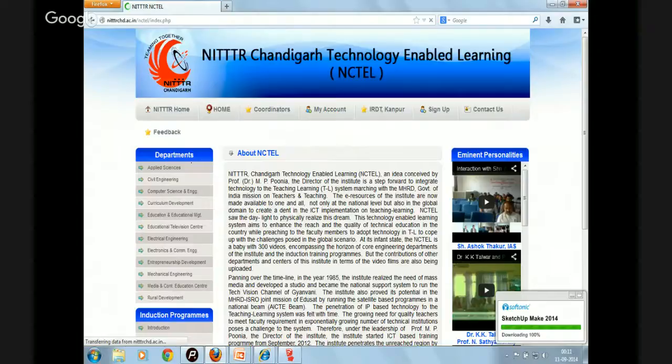These are all the branch names, and accordingly you can just select any branch. This includes applied science, civil, computer science, curriculum development, education, and all the pedagogical modules are available. You can just see them and increase your knowledge, and you can show them to your students. Even if you give the link to the students, at their leisure time they can see it, and they can